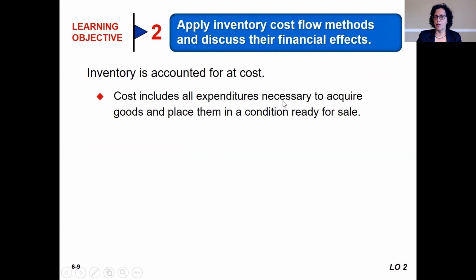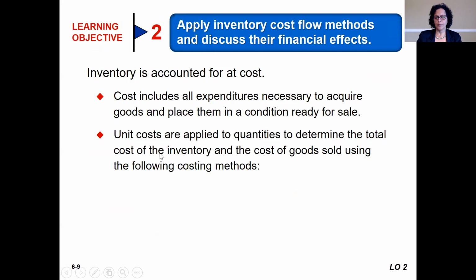It's going to include all expenditures necessary to acquire the goods and place them in condition ready for sale. So basically, in a retail business, what you're looking at is the cost of the goods that you paid, what you paid for it, the invoice price. If you paid for any shipping, you paid for insurance during transit, all of that gets included in the cost of the inventory. Unit costs are applied to quantities to determine the cost of inventory, the total cost of inventory,